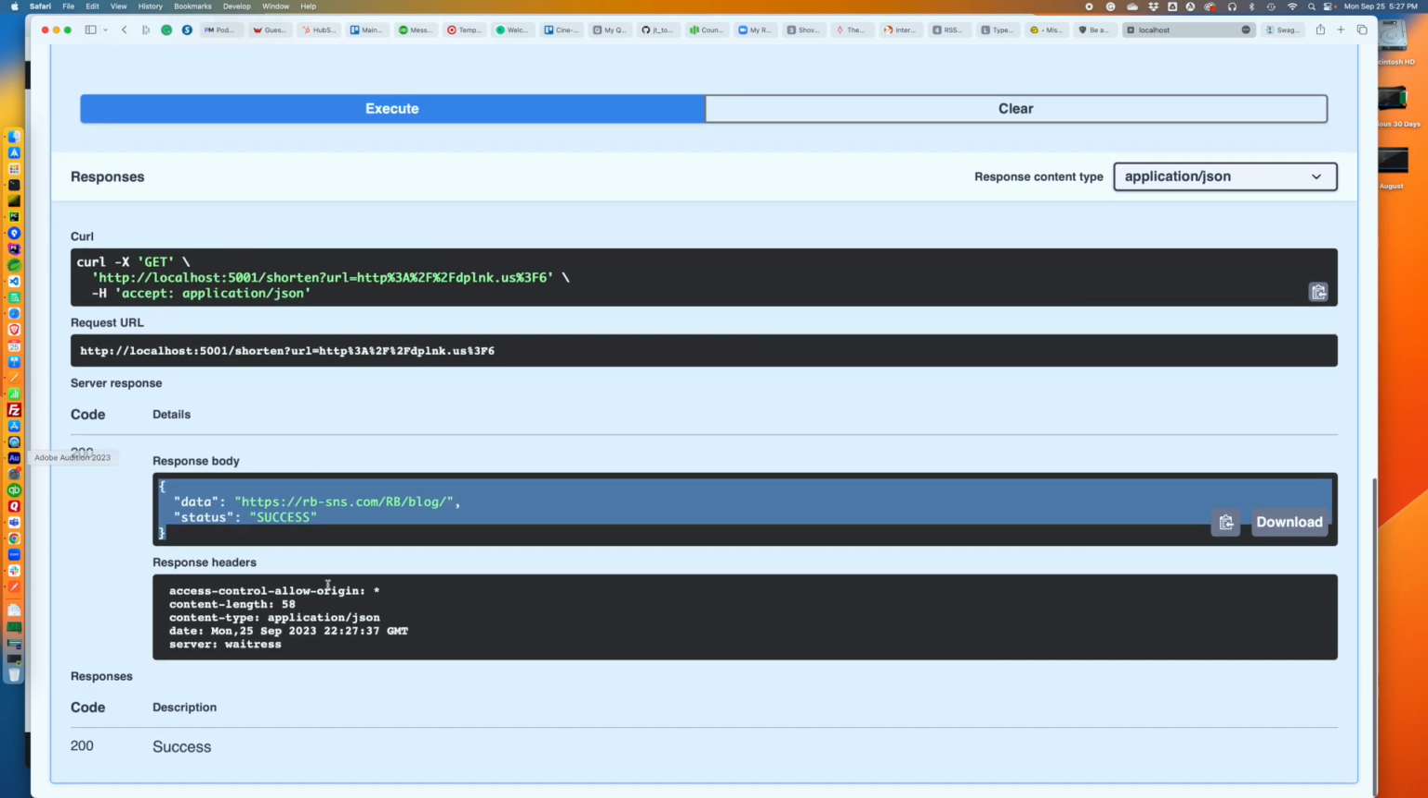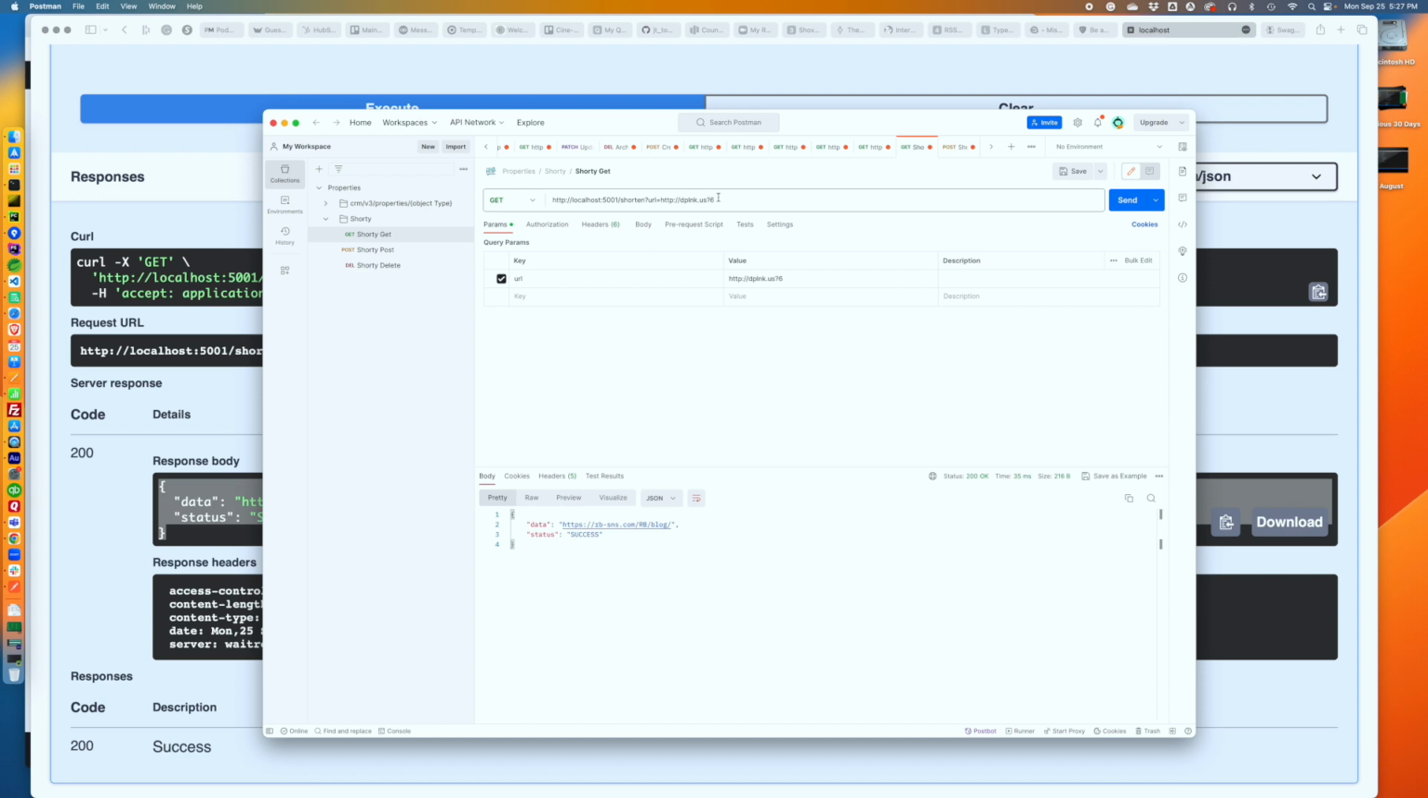So code was 200. There you go. If I do something it doesn't like, let's see. If I do this, I think it'll blow it up. Yeah. So if I take this,